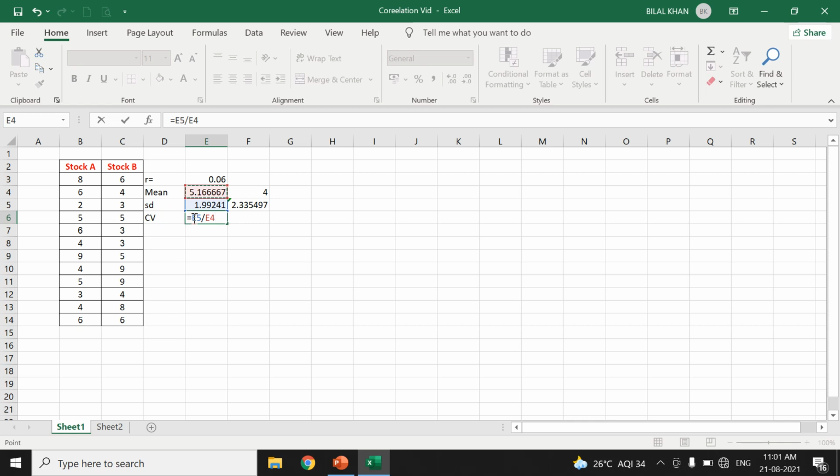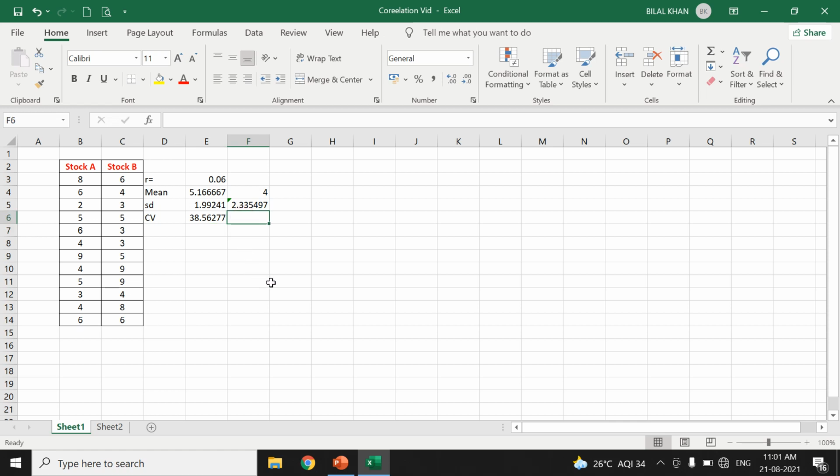In this formula you can have a bracket, you close the bracket, star 100. So you will get the percentage. So the coefficient of variation is approximately 38%.